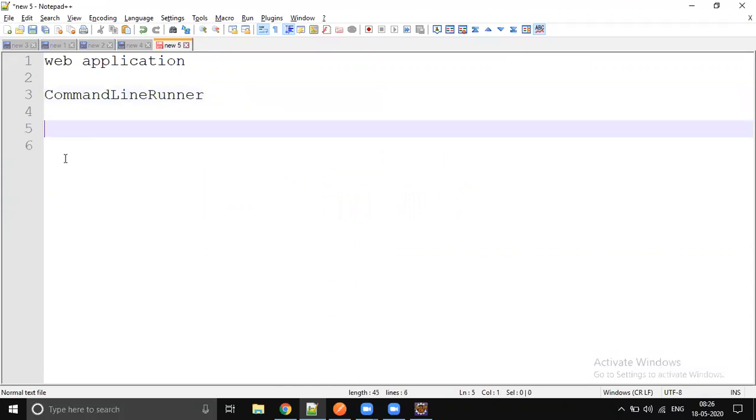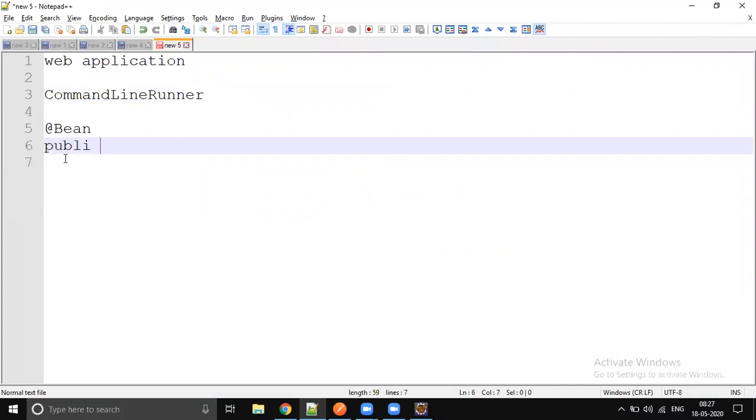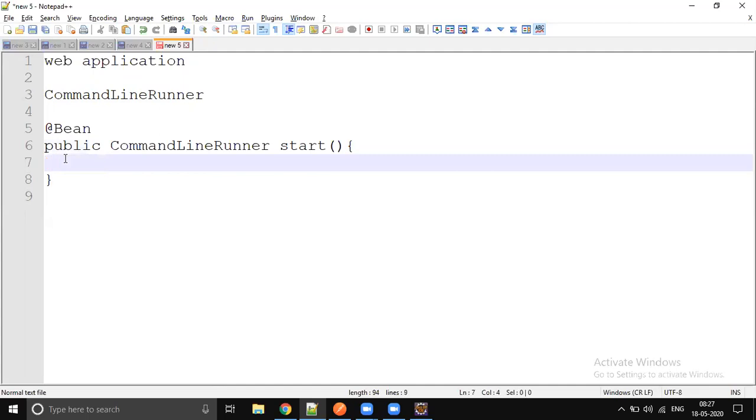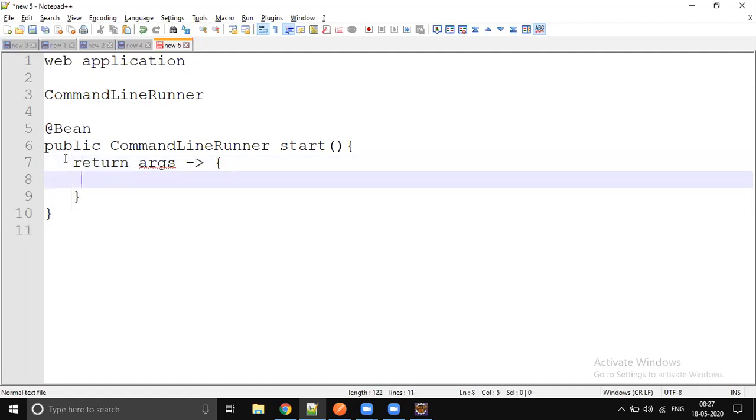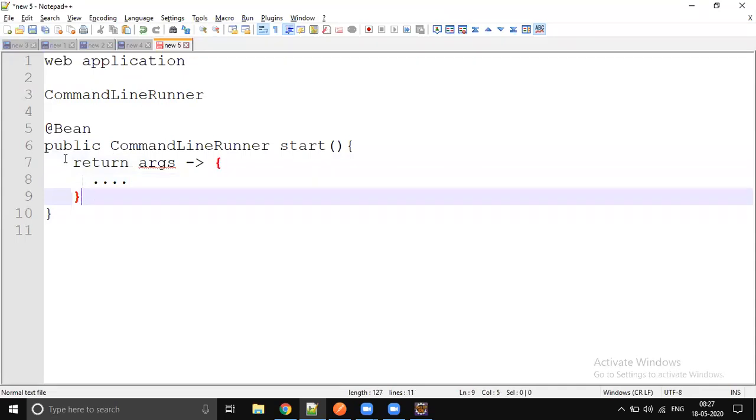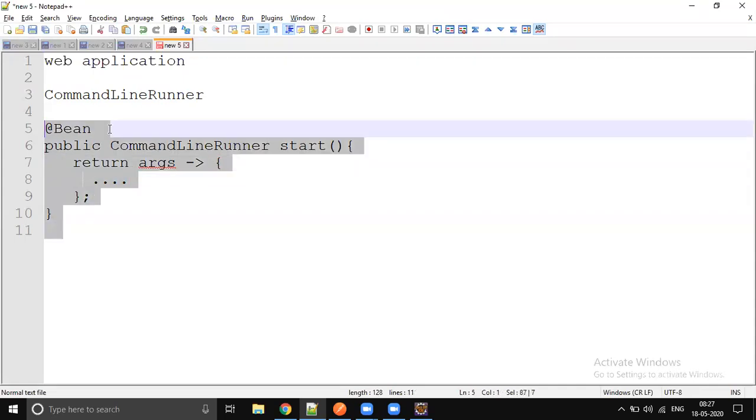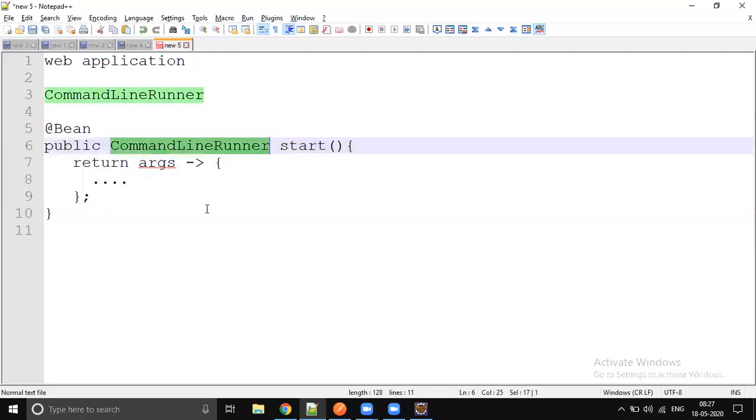That's the problem with practice. If you don't practice, you forget this. CommandLineRunner. Inside this, we wrote a lambda expression. CommandLineRunner has only one method, run. It takes only one parameter, args. So we did this already. Inside this, whatever you write is going to be the standalone execution. So this is the Java 8 standard, a lambda expression with CommandLineRunner.